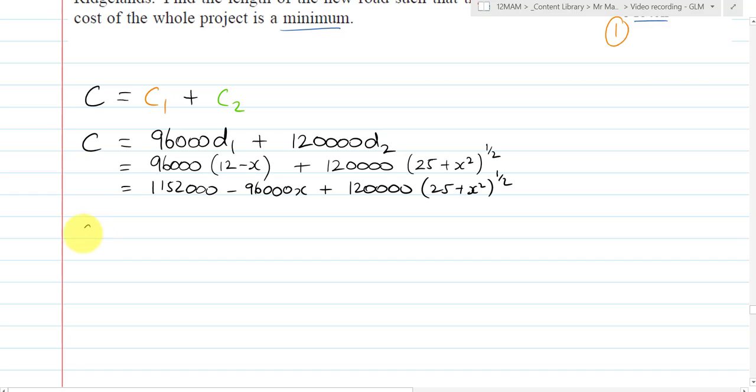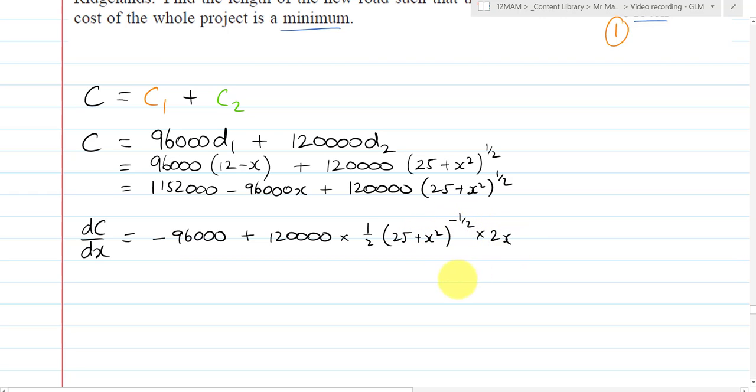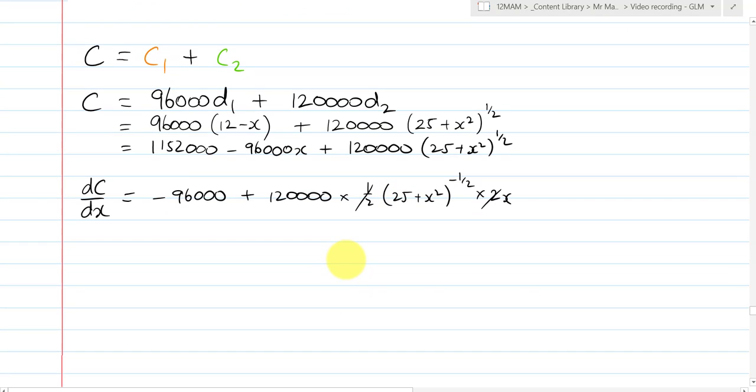And now I'm going to calculate dC dx, and that 1,152,000 will cancel out, but I do end up with negative 96,000 plus 120,000 times a half, 25 plus X squared to the power of negative a half times 2X. Now the 2 and a half cancel out again. You'll see this is sort of happening commonly, and I end up with negative 96,000 plus 120,000 X over the square root of 25 plus X squared, and I'm going to let dC dx equal 0,